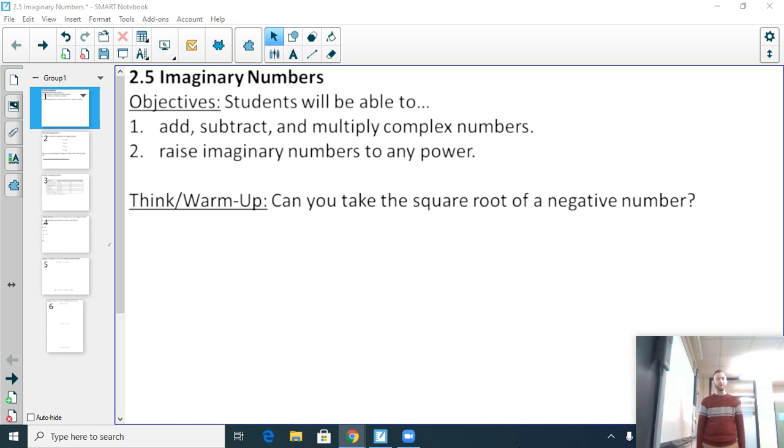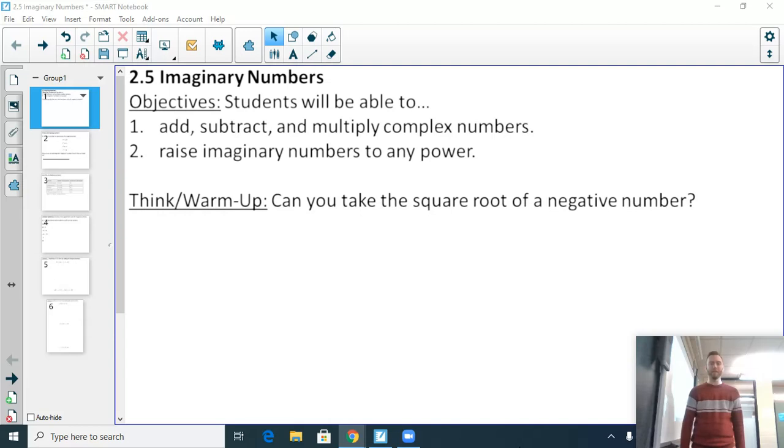Hey guys, today we're going to be jumping into 2.5, which is imaginary numbers. This is going to be kind of a small lesson, just a mini lesson. I don't know how extensively you have worked with them before, but we're just going to need it for our next lesson. But for the warm up, I have: can you take the square root of a